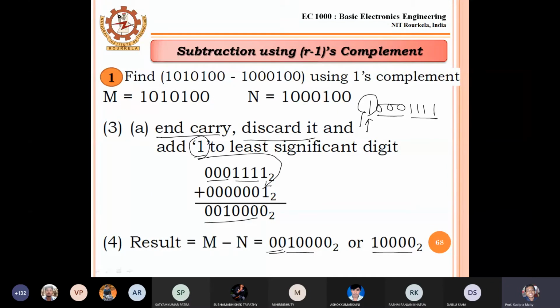A general idea about R's complement is old already, na? I have told those things already. We are performing the subtraction using r minus 1's complement. Video lectures are given, so consult those lectures and solve 1 or 2 problems. Otherwise we have to resolve our old topic again. We solved 5 or 6 problems on how to perform R's complement.